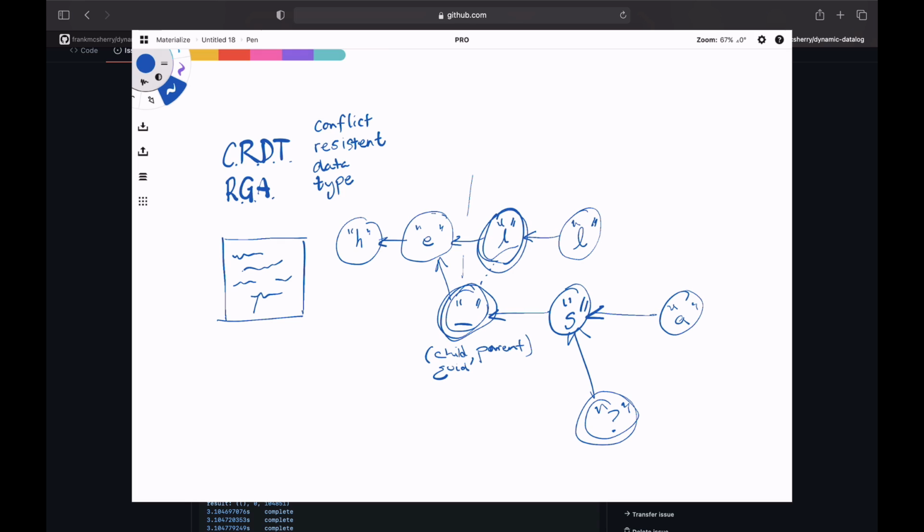I'd be inclined to say, for example, that the space should get priority here because if the contributor of the E and the L are the same, that person probably just kept typing, and the person with the space showed up and probably intentionally tried to drop something in between the two of them. But I think those sorts of questions, how to do this tie breaking to give the best ergonomic experiences, are outside the scope of what we're going to talk about here. And instead, we're just going to have a rule that tells us which of these two things